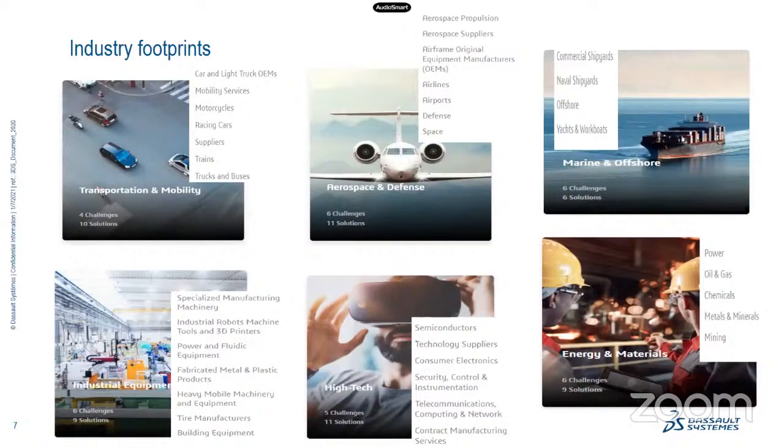For example, even in oil and gas, how to lay a pipe. Okay, how the pipe interacts with the soil. So what are the interactions? These kinds of applications are there: marine and offshore, oil and gas, and high tech industry. We used to get a lot of customer queries based on drop tests. Apple is our customer, so while dropping, whether the current mobile cover is suitable enough to protect the phone. So those kinds of analysis, drop tests.